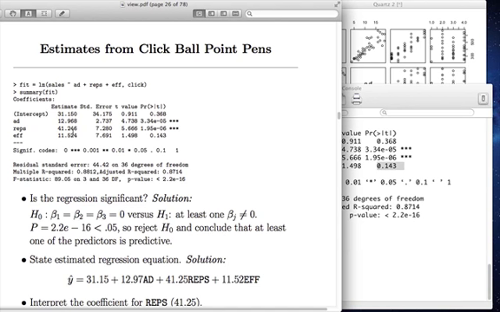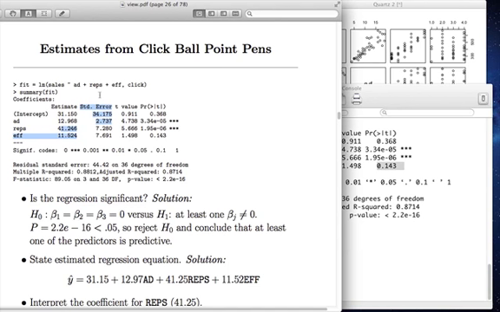The problem with that logic, though, is that what if a rep costs $100,000, whereas an ad costs you only $10,000? In that case, you could buy 10 ads for the price of one rep. So if you bought $100,000 worth of ads, then the sales would go up by 130 as opposed to 41